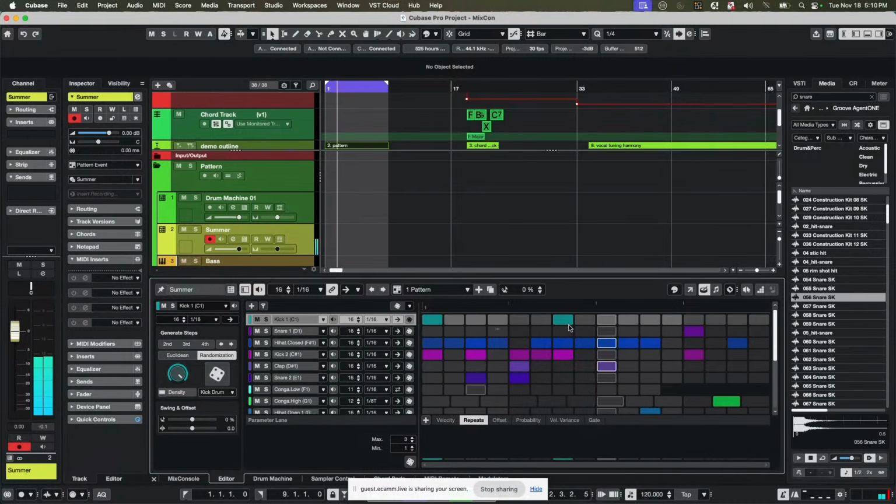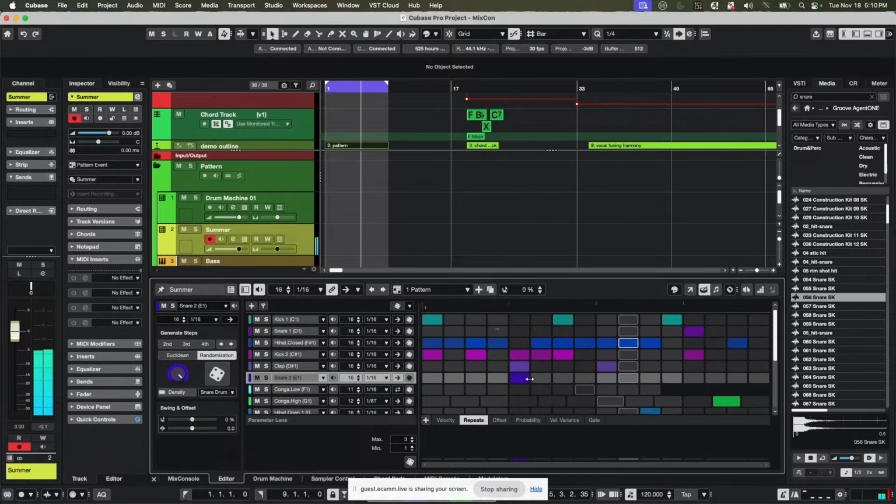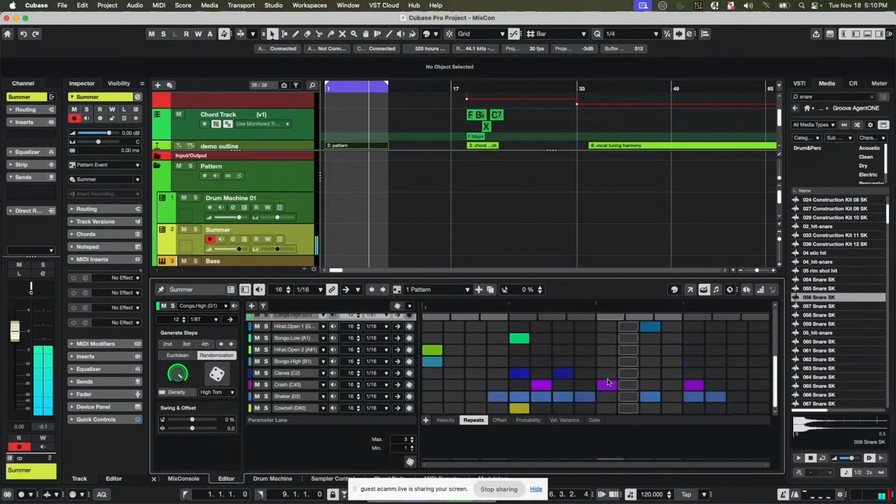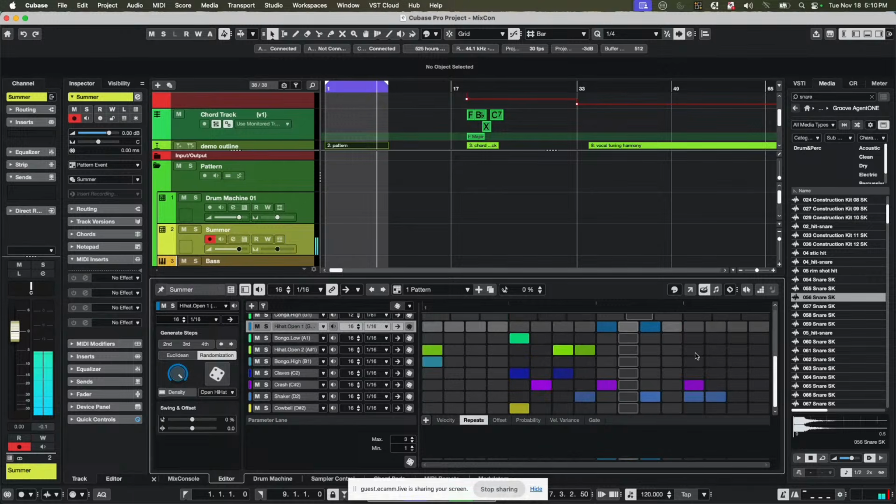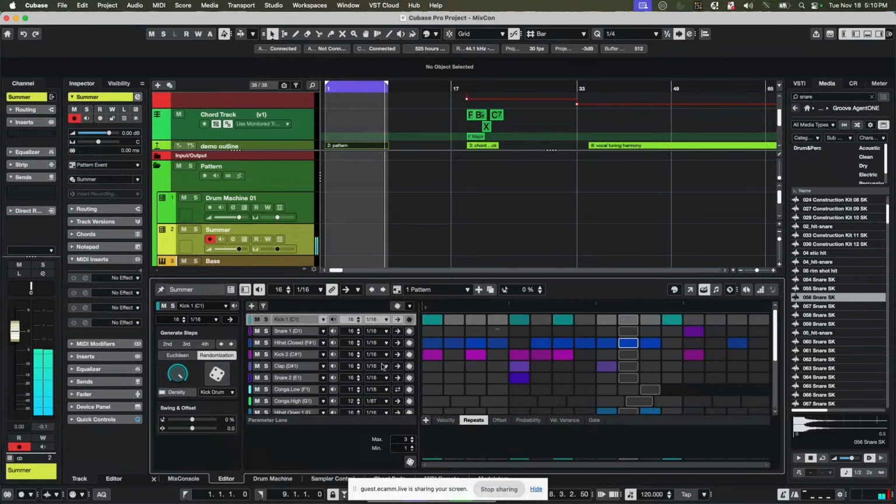And say, okay, maybe I like this, let's put in some more kicks. And say, okay, I don't like some of the sounds, and I could just come over here and just kind of randomly put in patterns, or we could just choose to do a new pattern. So, okay, I want to do four on the floor for my kick,